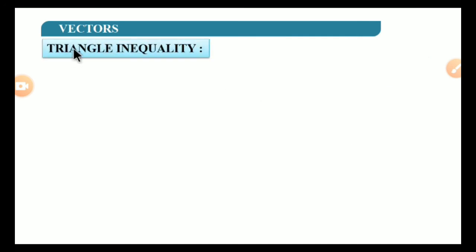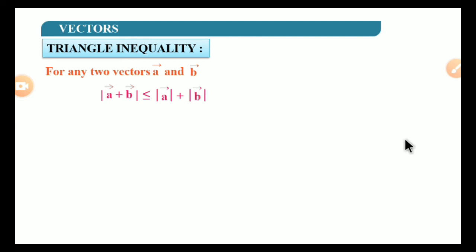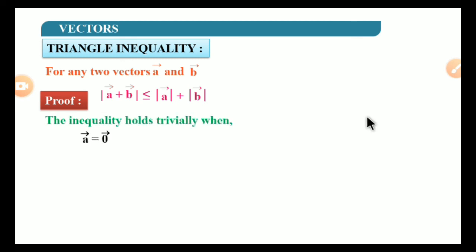Similarly, we will go for the triangle inequality. For any two vectors A and B, the magnitude of A plus B is less than or equal to the magnitude of A plus the magnitude of B. For this proof, we consider that the inequality holds trivially when vector A is a 0 vector or vector B is a 0 vector, because